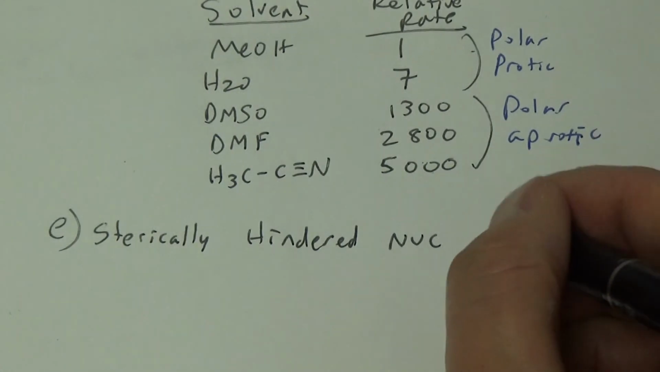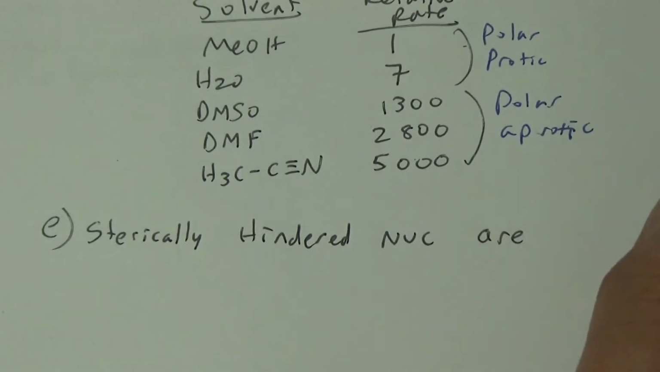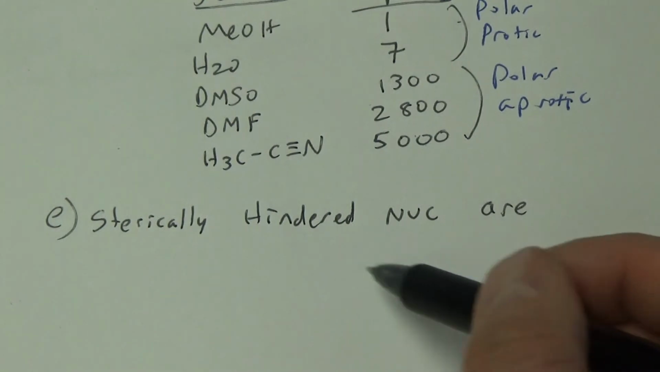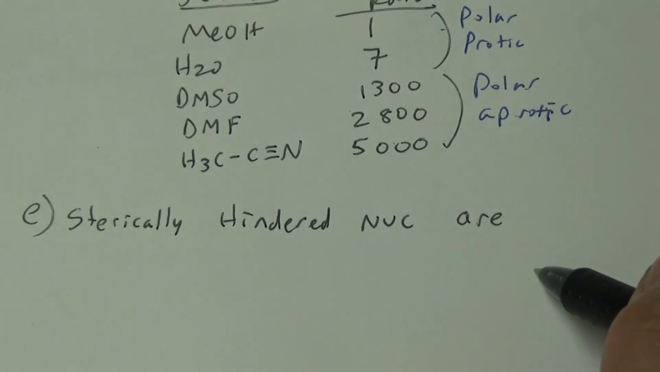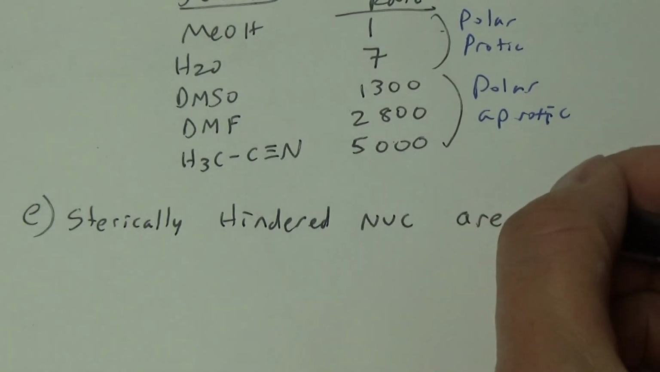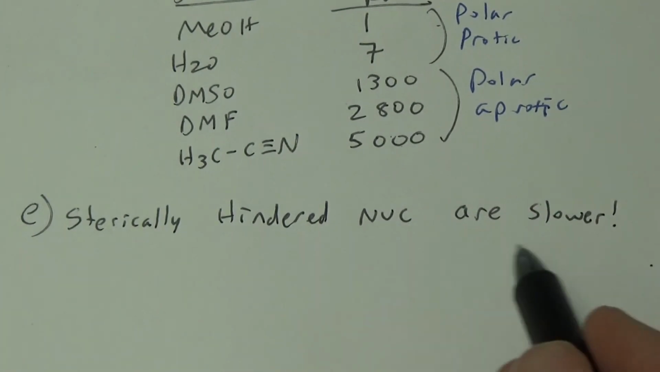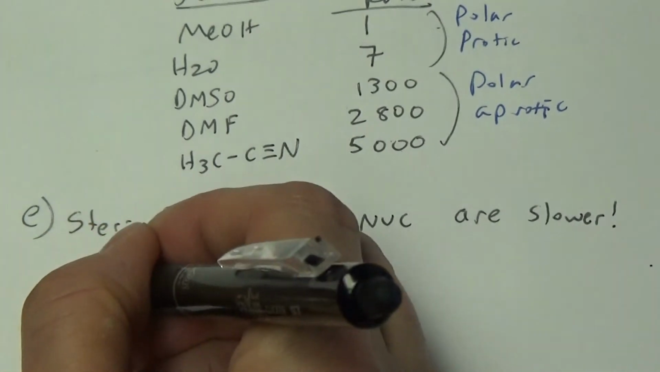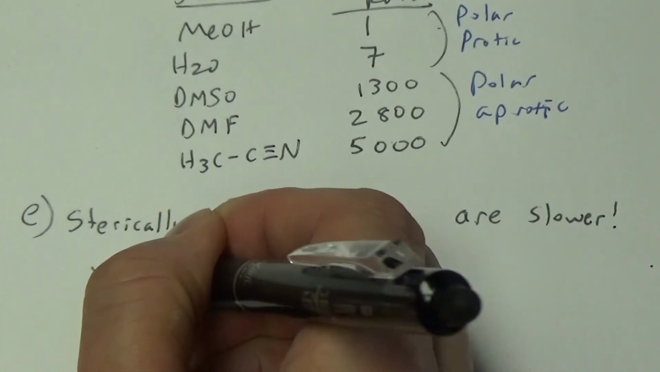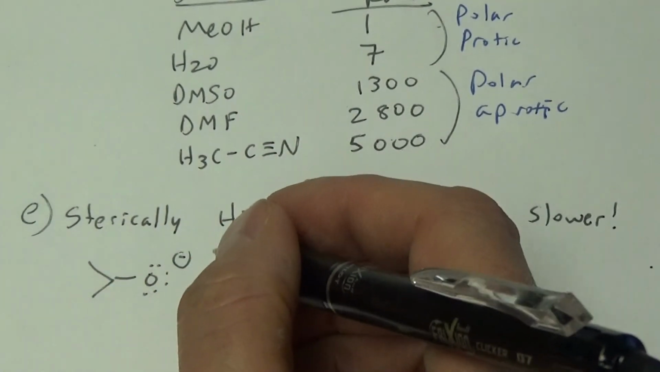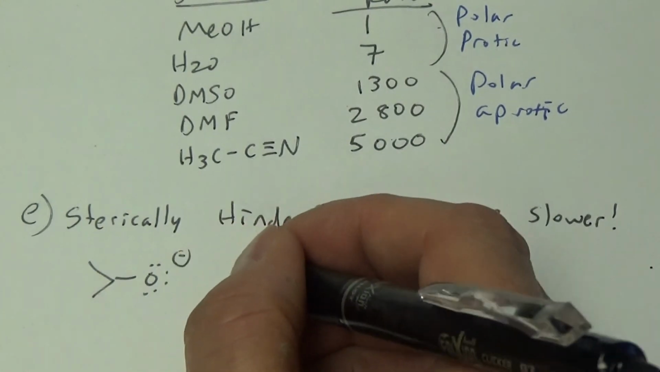Sterically hindered nucleophiles, do you think they're going to be faster or slower? It's hindered, it's like blocked by something. Do you think it's going to be faster or slower? And you probably guessed right, that is slower. Hindered would make it go slower. So if I have two identical nucleophiles, or two identical functional groups that are nucleophiles,